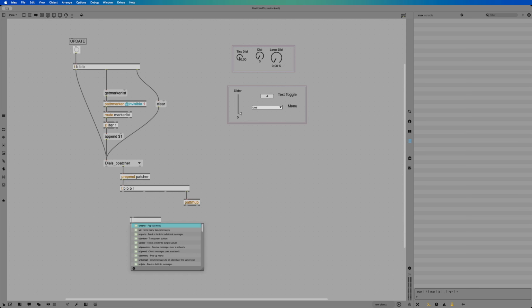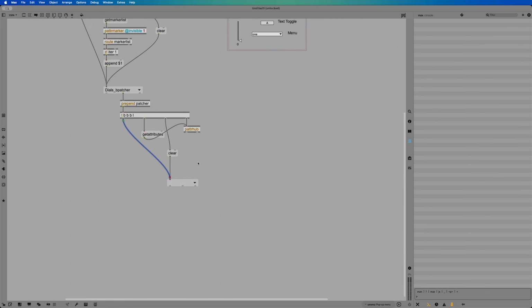Next, similarly to the first step, we want to clear the menu that's going to list all of the objects that are available in that subpatcher. Then we're going to send the get attributes message to pattrhub. And that's what gives us the list of scripting names of the objects that we can control. And then finally, like before, we're going to want to bang out the currently selected